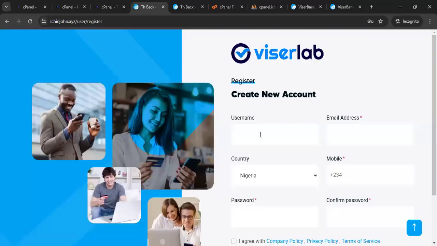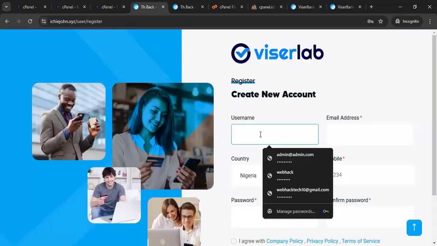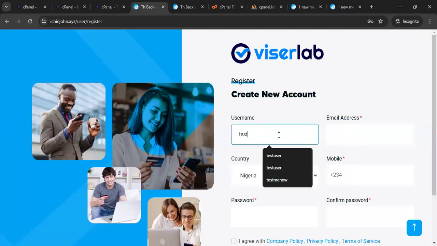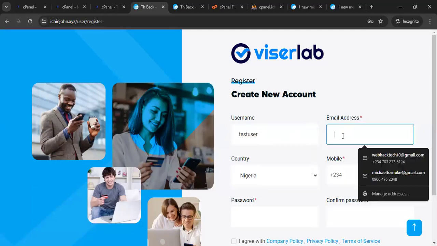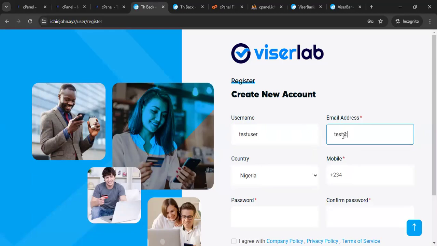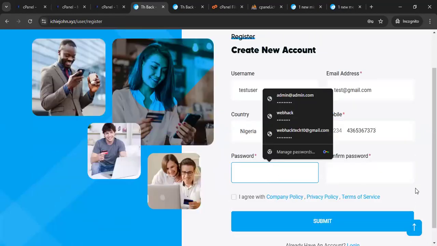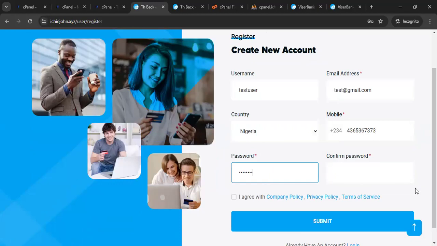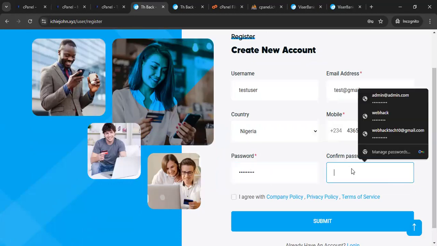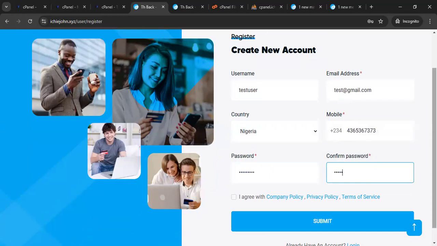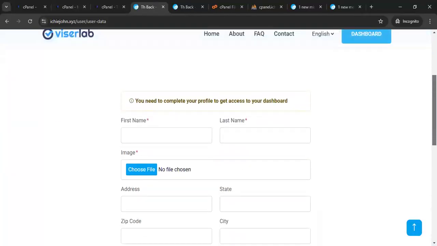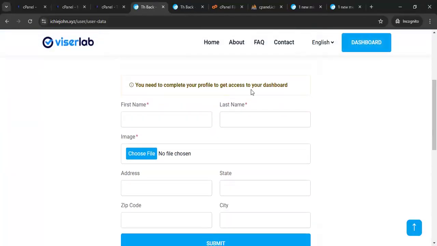So I'm just going to do the usual: test user, test, okay, just a random phone number, then password, then confirm password, then agree, then submit. So now it says I need to complete my